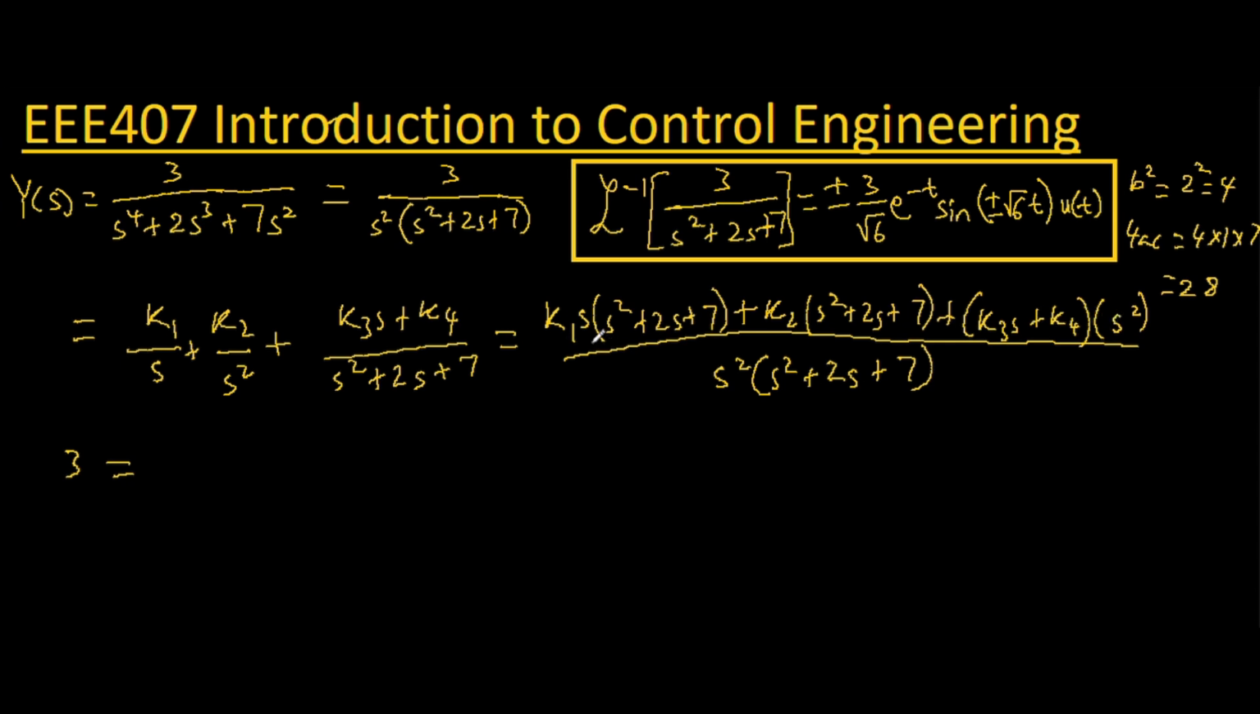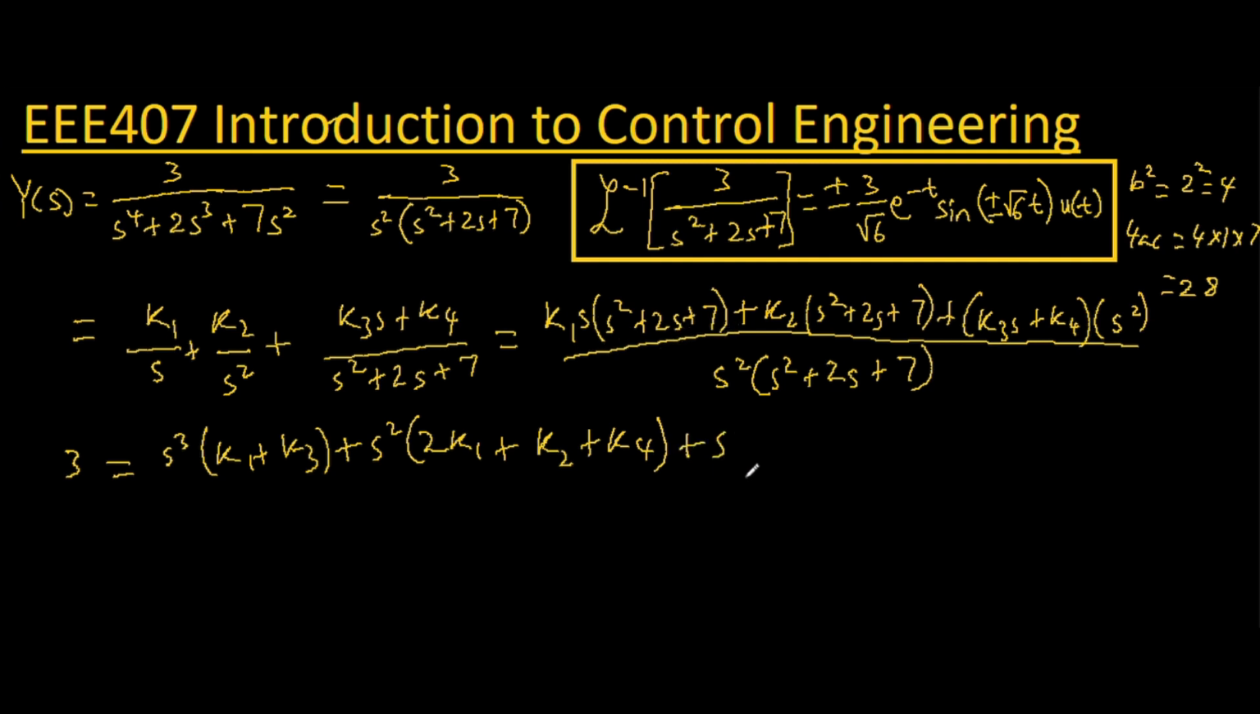So for instance, by the time you expand this, you have k1s cubed. Here you have k3s cubed. So I'll put s cubed. Let's get the s cubed terms together: k1 plus k3. Next, I want to get the s squared terms together. Here we'll have 2k1s squared, so 2k1, plus you have an s squared term here, k2s squared, k2, plus you have an s squared term here, k4s squared, plus k4. We are done with these terms. We've used the s cubed term and the s squared term, so we are done with this. Here we have used the first term and the second, so we just have this left,